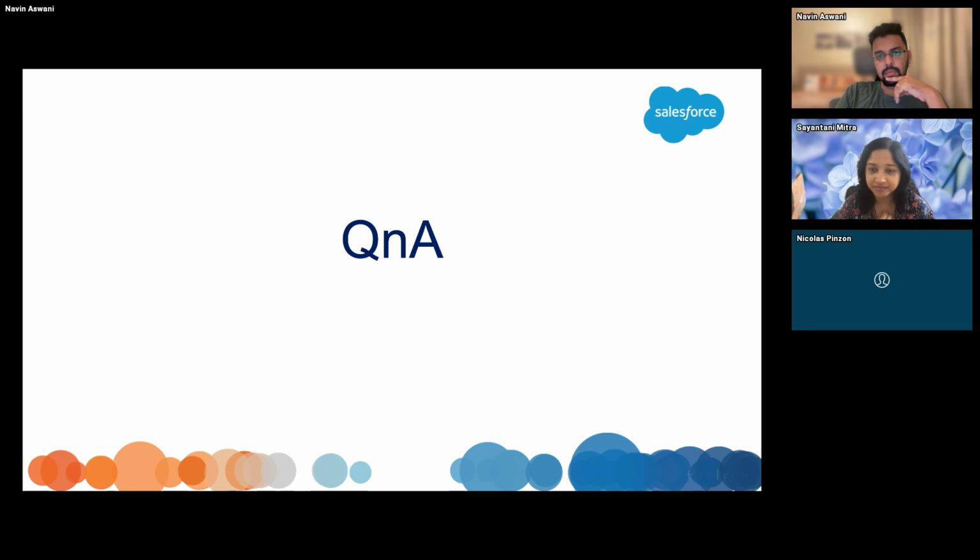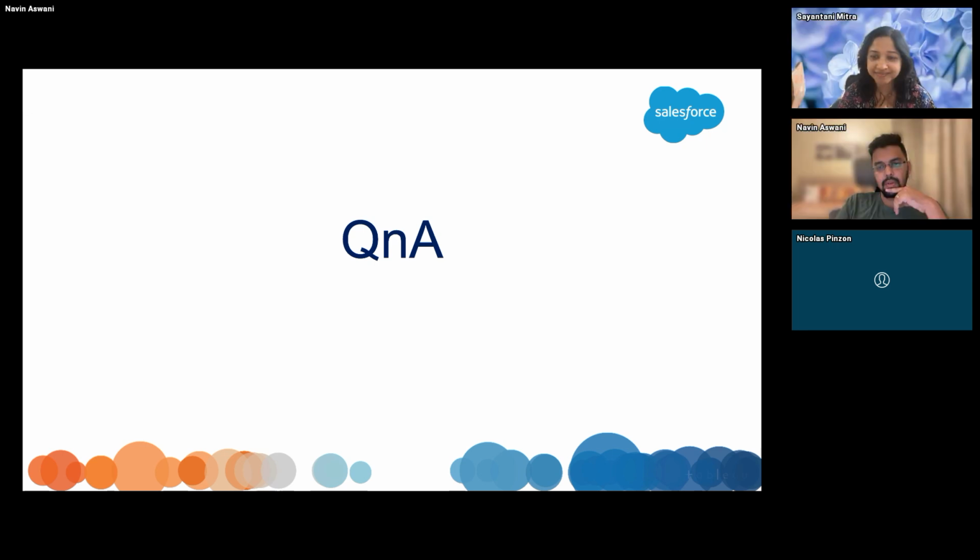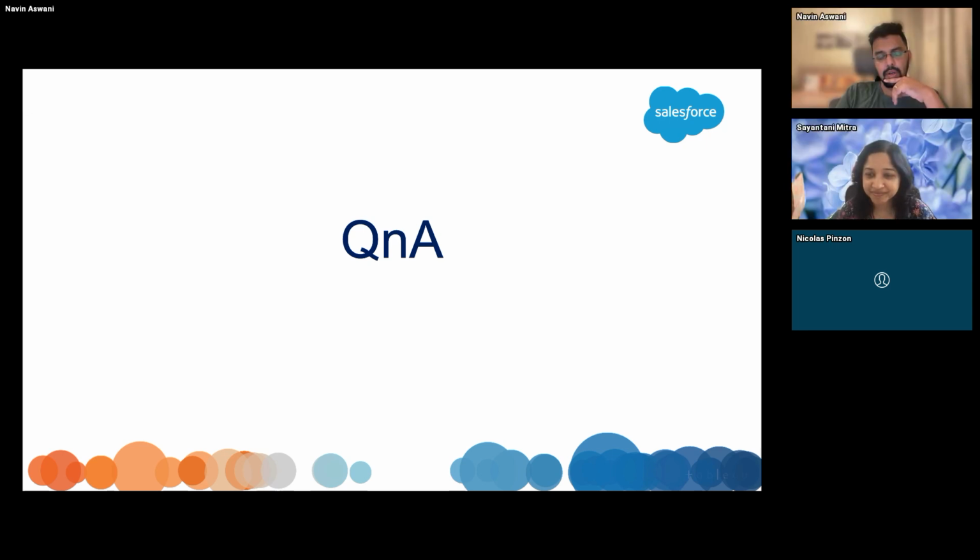Yeah, you want to take that? So Anum Shahid is asking: for Tableau Next, we need to connect our data lake to Data Cloud. I'm not sure if it is framed correctly, but if you want to get the data into your Tableau Next, you have to have a connection with your Data Cloud. And in Data Cloud, there are different sets of objects: the data stream object, the data lake object, and the data model object. So you need to connect your data lake to Data Cloud, and then you can use it in Tableau Next.